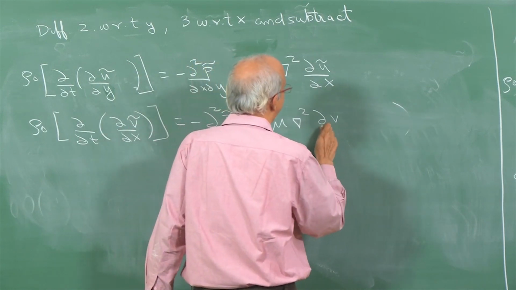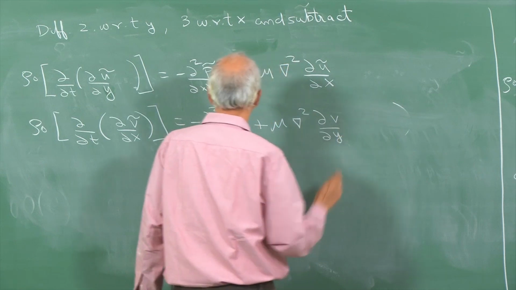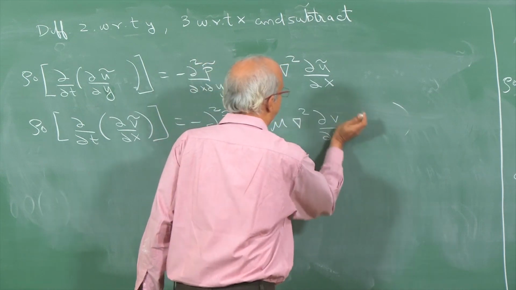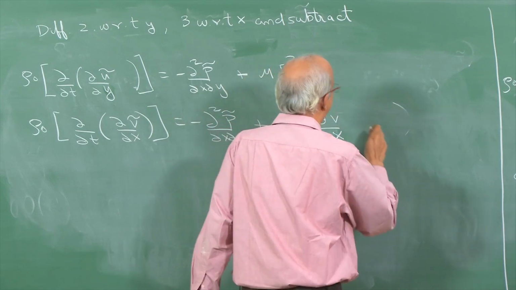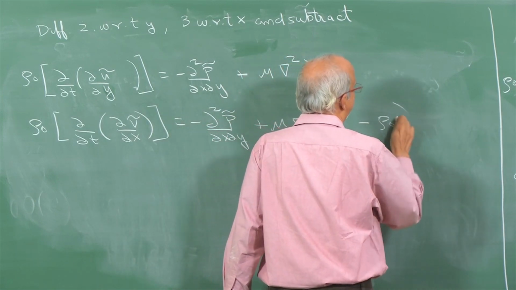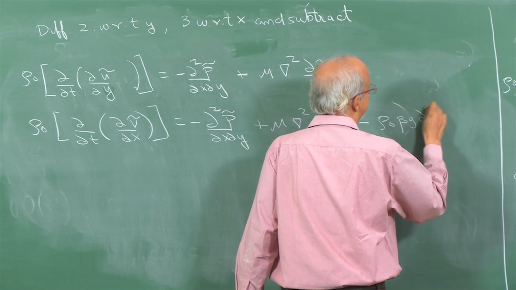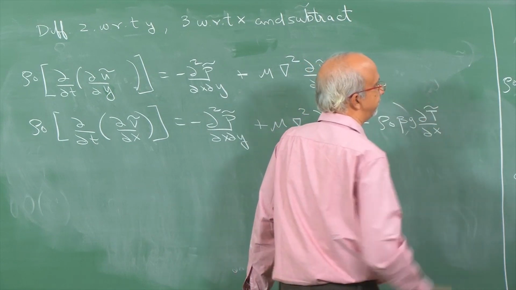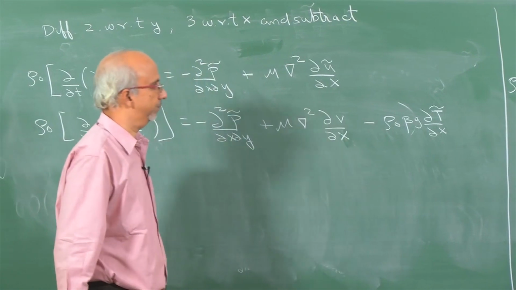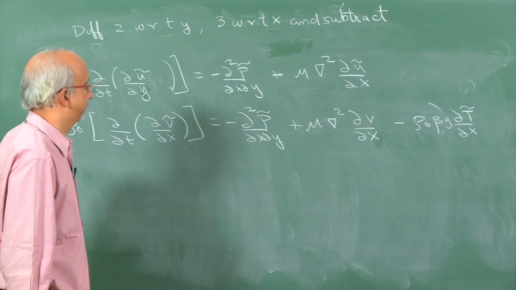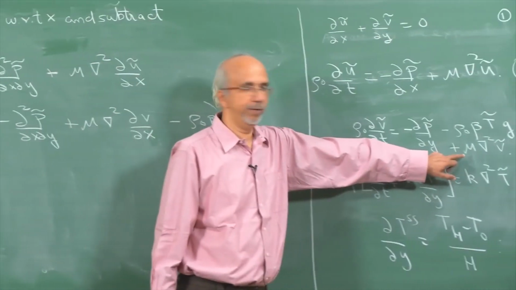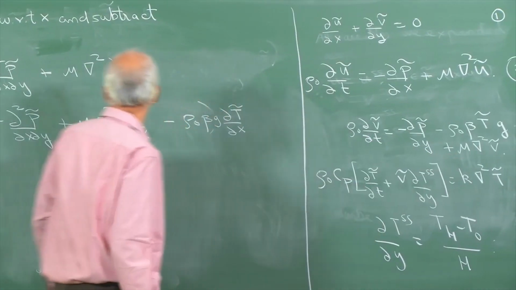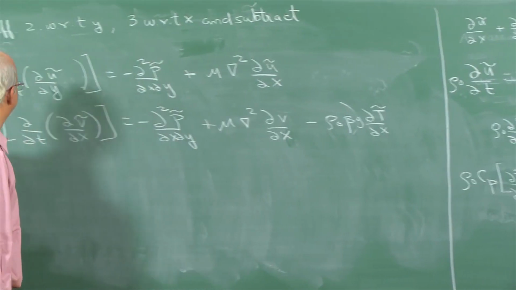Mu del square dv tilde by dy, sorry, I am differentiating with respect to x, minus rho naught beta g d tilde dx. So, I have missed out this term and you need to make sure you include this in your notes,